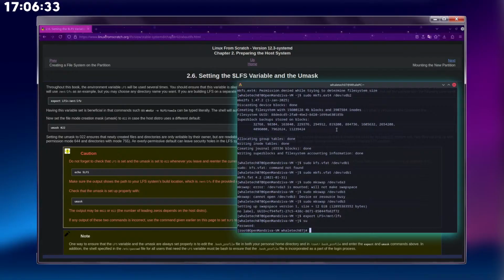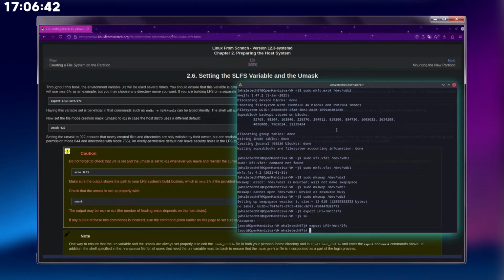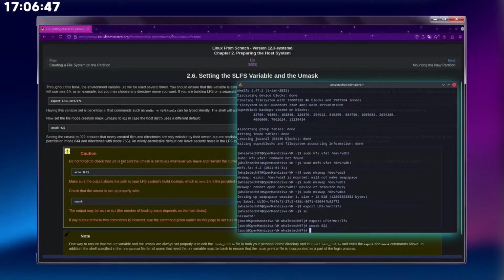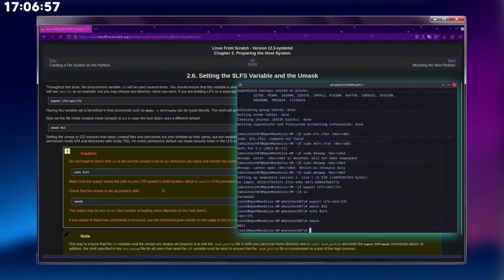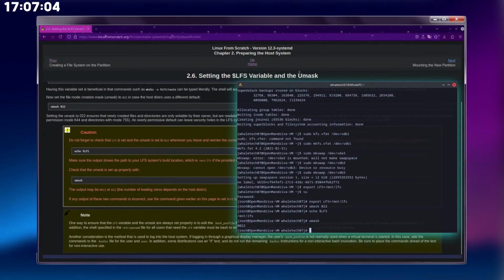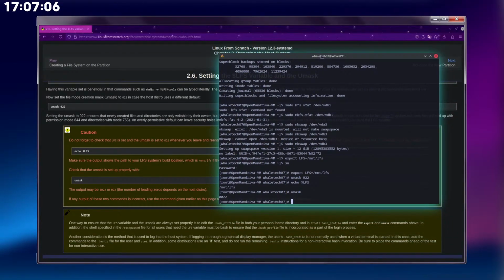Is Grub Rescue? Grub Rescue is just a rescue environment in Grub. Right, umask 022. Echo $LFS. Boop. Umask 0022 or 022. Anyway, one way to ensure that the